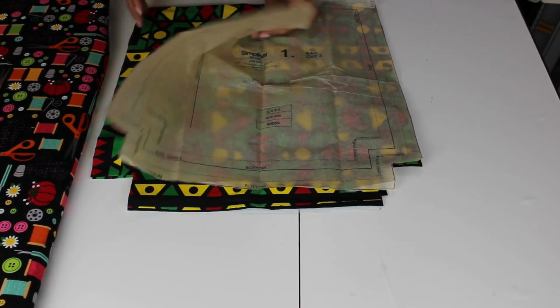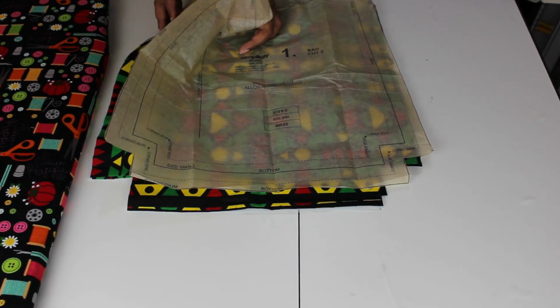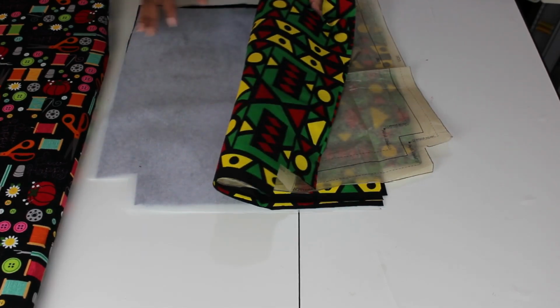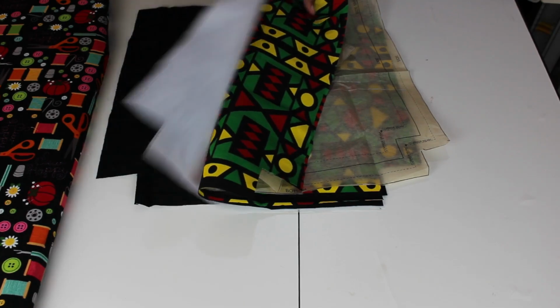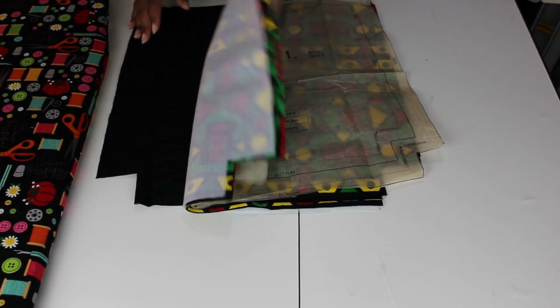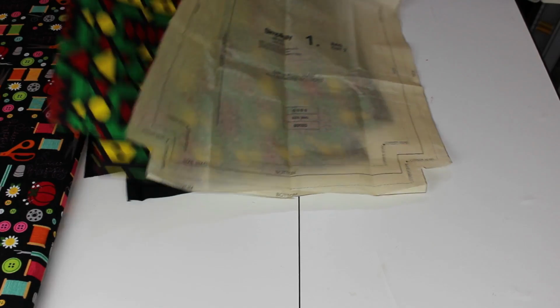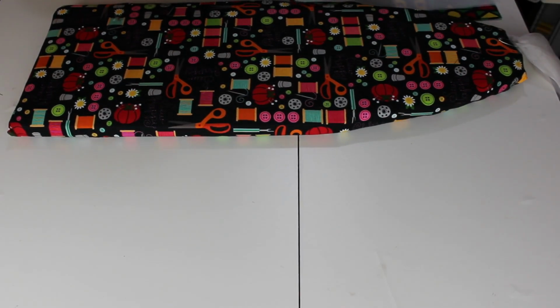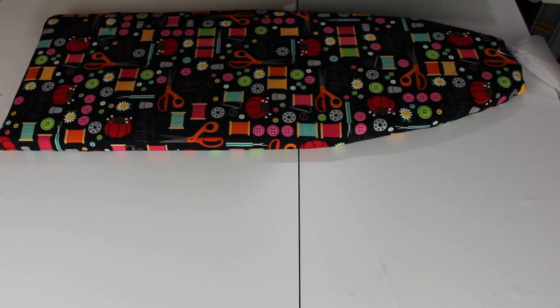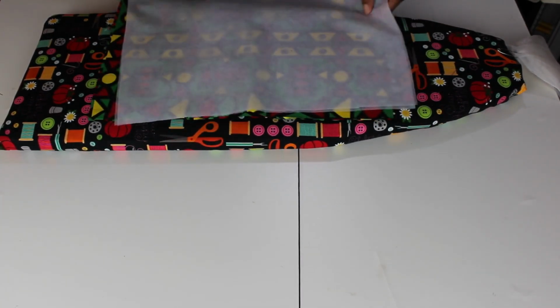And this is the main bag. I have my 2 main pieces. I have my interfacing for my 2 main pieces. And I have my 2 lining pieces. Alright, so I'm getting ready to go ahead and iron my interfacing. And I did remove my mat because if you watched the video a long time ago, you know that I had something like this on top of my mat and it warped my mat. So,